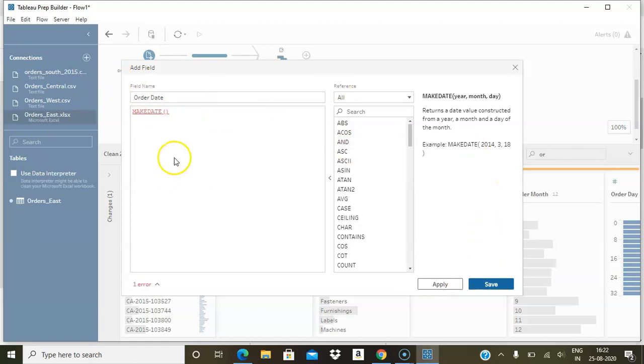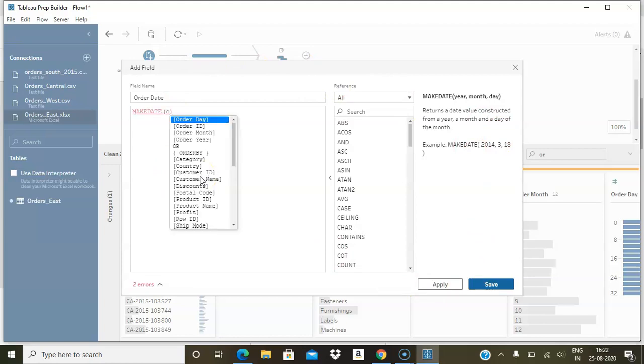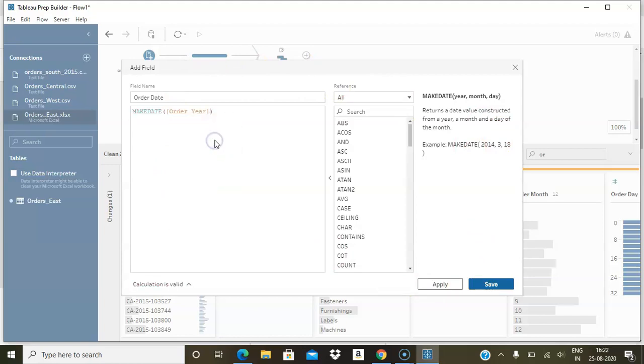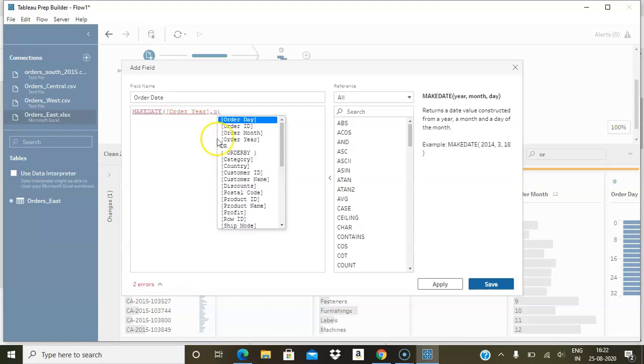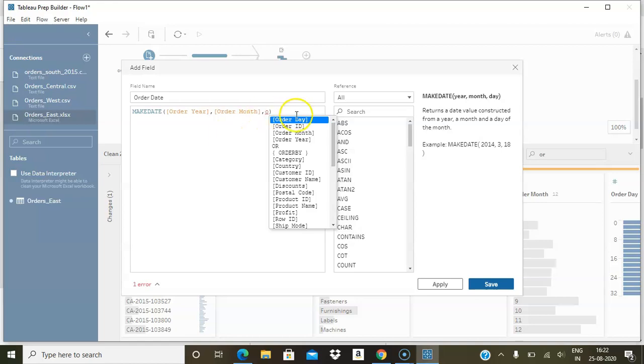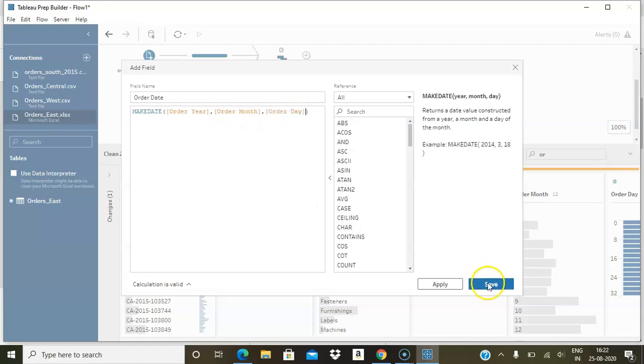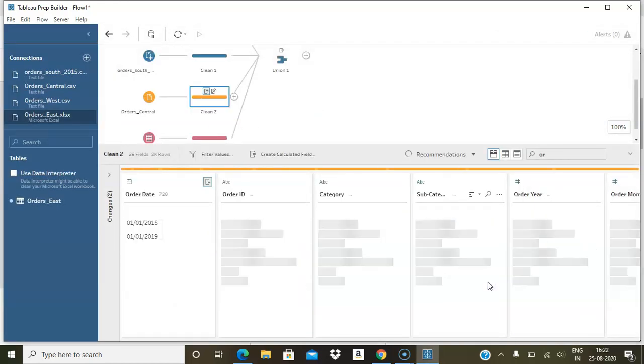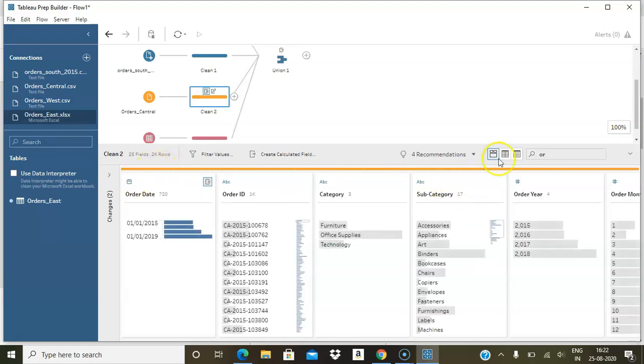Here also, like how you do in Desktop, you can create the calculated column. We have three inputs: order year, order month, order day. Save. So now I've created order date.